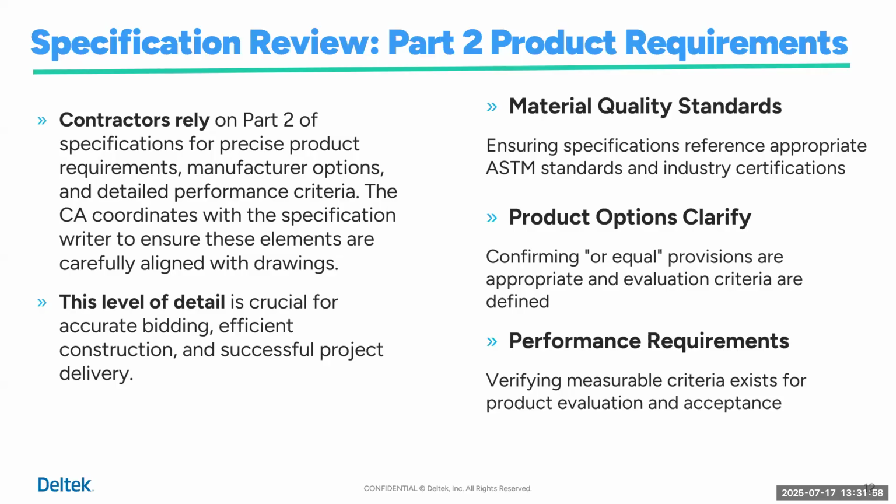Sometimes we don't realize that this level of detail is crucial for accurate bidding, efficient construction, and successful project delivery. So before the drawings go out for bidding, these are things the project team needs to review with the specifier, your construction administrator or their CA person, so that all those things are clear